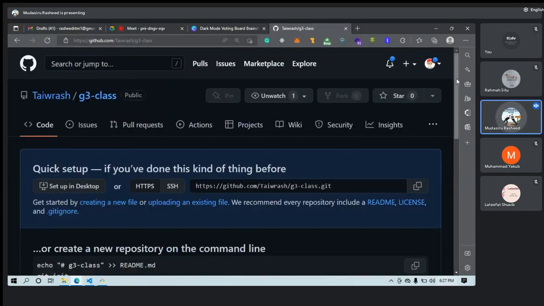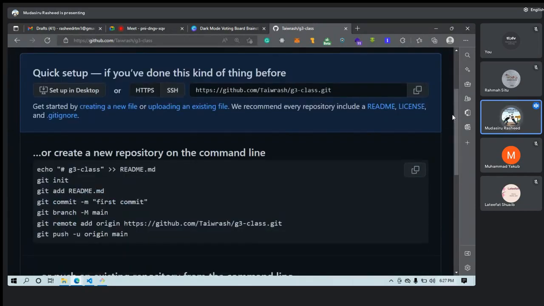Okay, so now I've created a repository. We now have an online repository. So what I need to do now is connect this remote. We call this one the remote repository. The one we have locally, we call the local repository. This online one, which I have on my GitHub, I want to connect with the local repository. So these are the things I need to do.